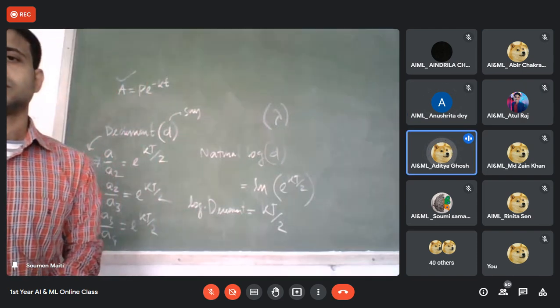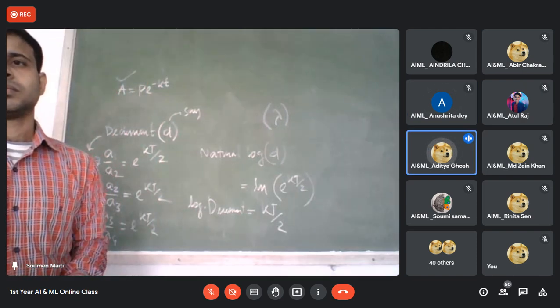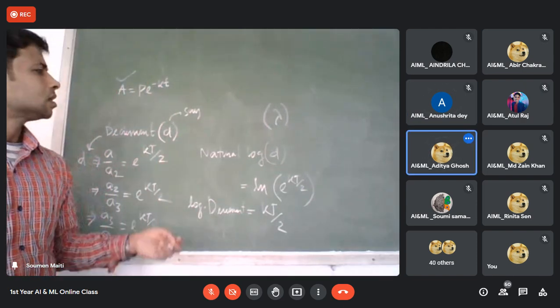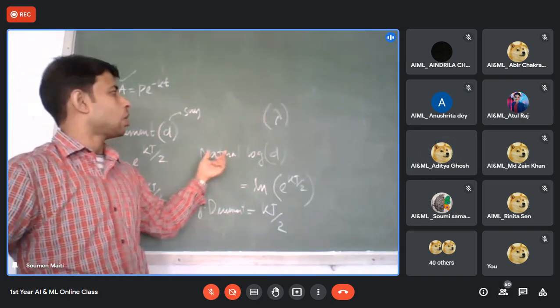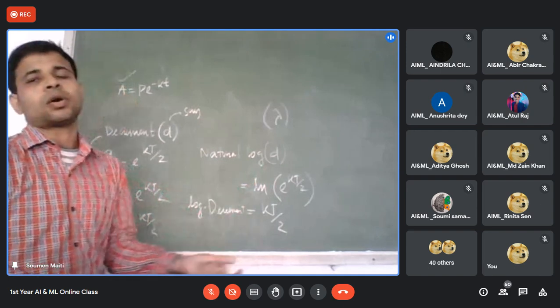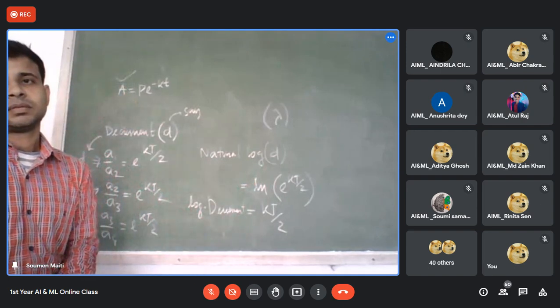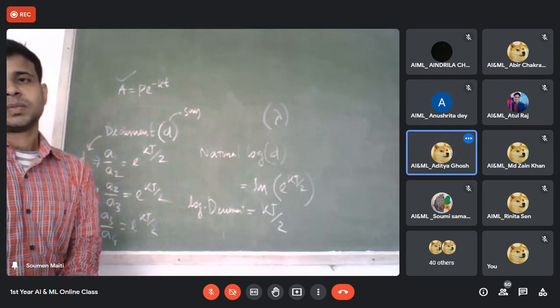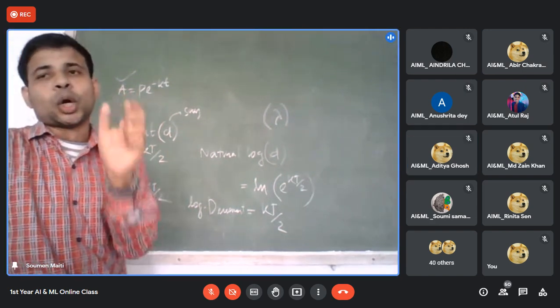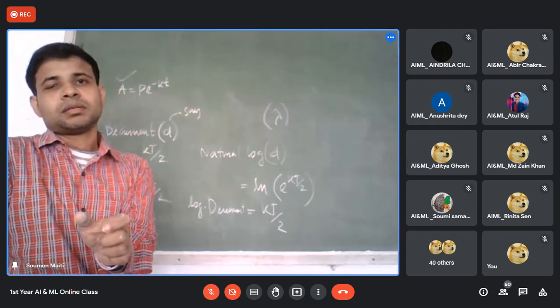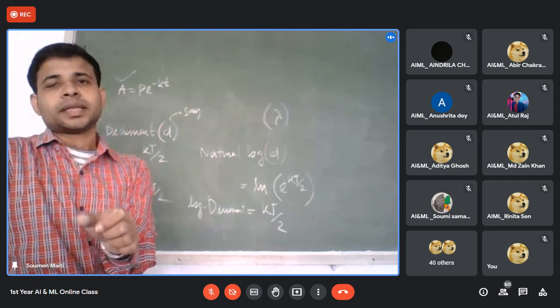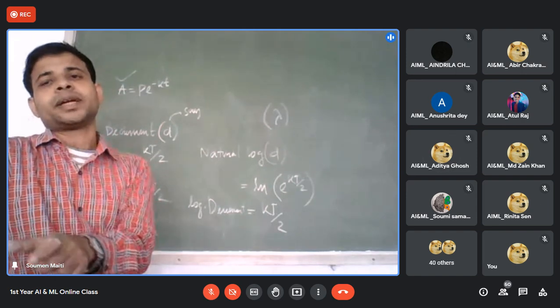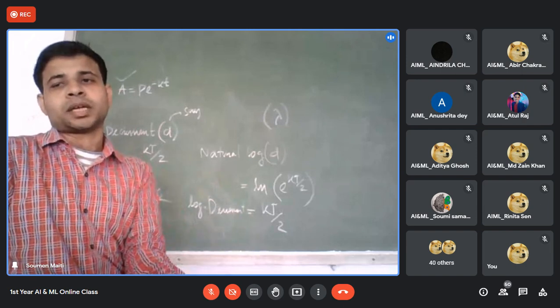Is the logarithmic decrement different from the normal decrement? Obviously. The decrement is the ratio. If we take the natural log of this decrement, then it is called the logarithmic decrement. That is the terminology. So if you find the decrement, you have to take its natural log to get the logarithmic decrement.